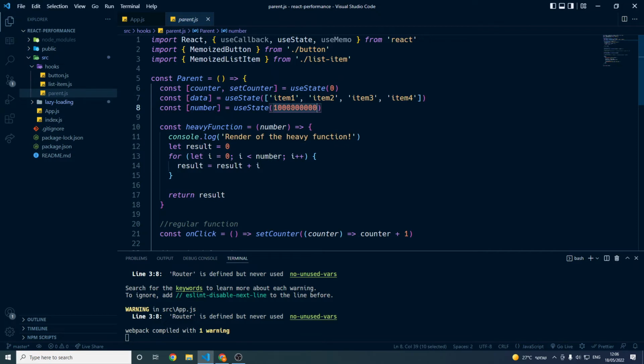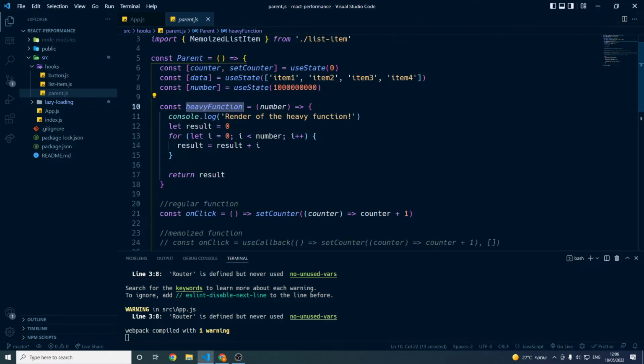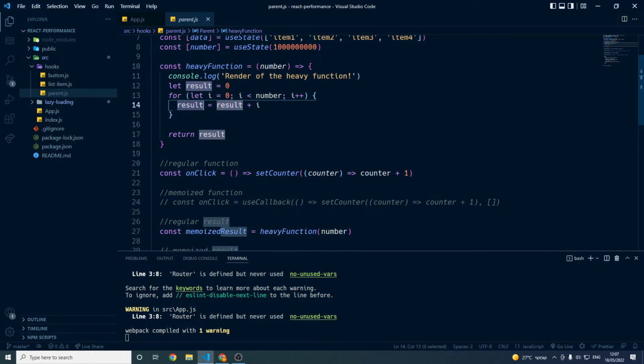And we have here a number of 1 billion. I'm going to need this number to actually create a heavy function. So I'm using this number to, you can see here, this heavy function. It's getting the number, and basically what it does is it's doing a for loop 1 billion times and getting the sum of each loop starting from 0, 1, 2, and it goes until 1 billion. So I'm just pretending to have a heavy function here,